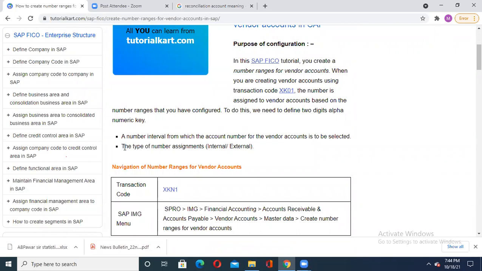Understand? It's a range. If I'm saying there are 100 students in a class, so I may say 1 to 10 are A batch students, then 11 to 20 are B batch students. So if anyone comes from 1 to 10, I will check his or her record only in which batch? A batch. Suppose somebody from 11 to 20 comes, I will assign him to only B batch. So I know very well.